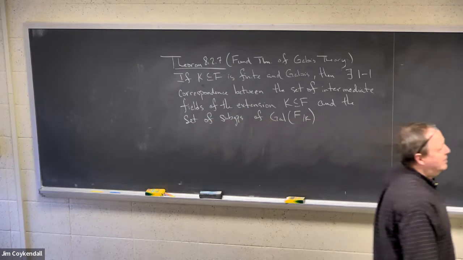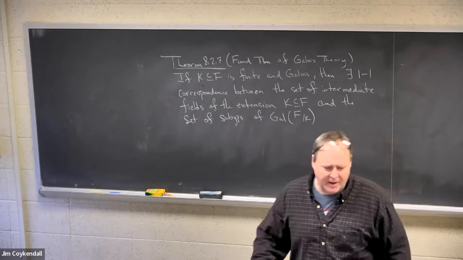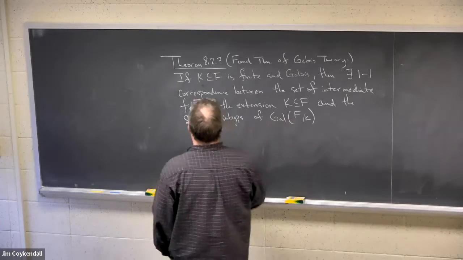Just like in this picture here, you can pair off intermediate fields of the extension with subgroups of the Galois group. And this correspondence is given by